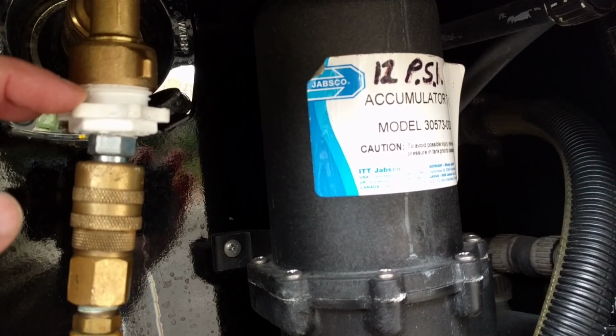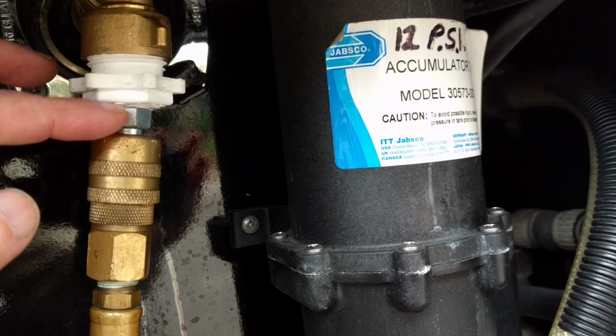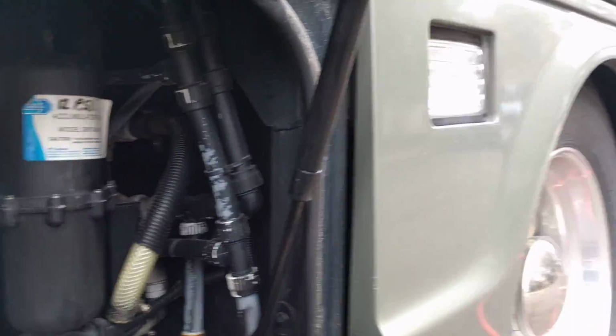And right here, this is one of those cheap blowout fittings you can buy at Walmart. It just has a nipple on it for, honestly, I don't know what. I just drilled it out and screwed in an air fitting right here that connects to my air hose. If you look, the air hose goes around behind the bus and runs all the way across my front yard